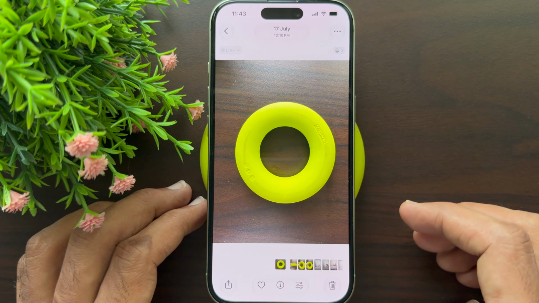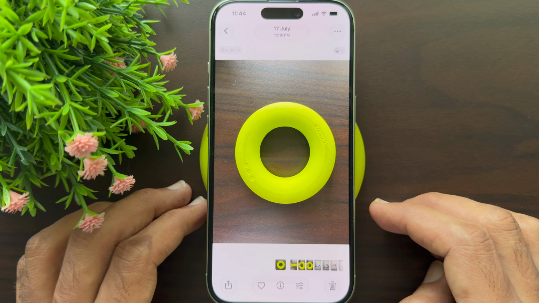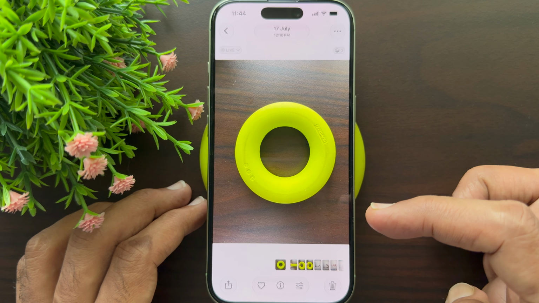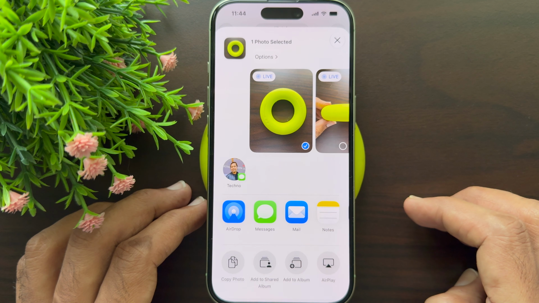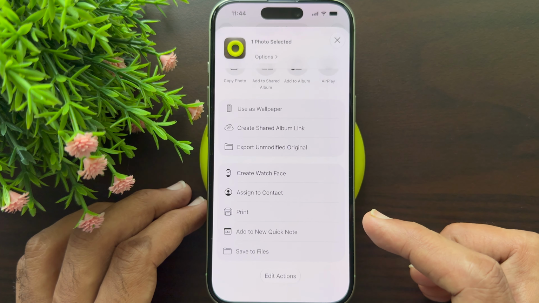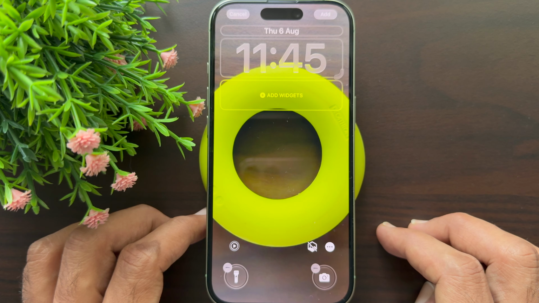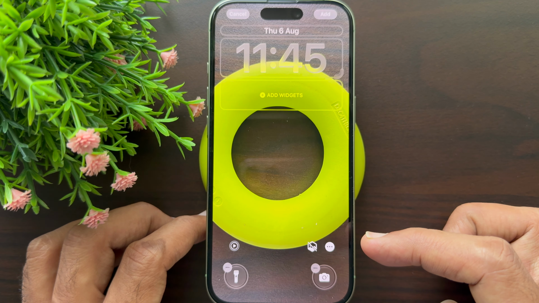First, you need to open Photos app on your iPhone. Select the photo to use as wallpaper. Now you need to tap share button on bottom left and scroll up. Tap use as wallpaper. Here you need to tap special scenes